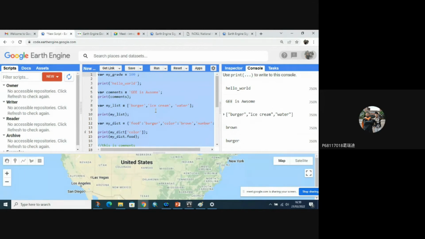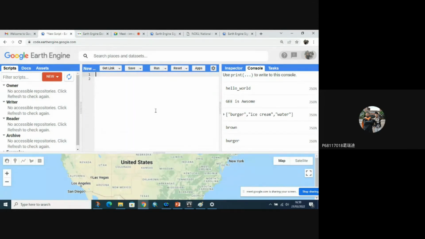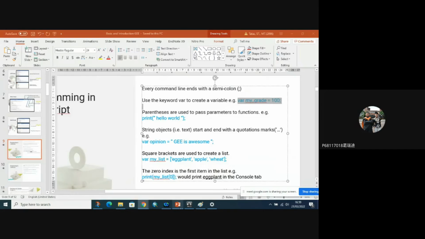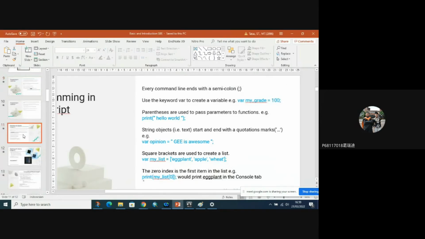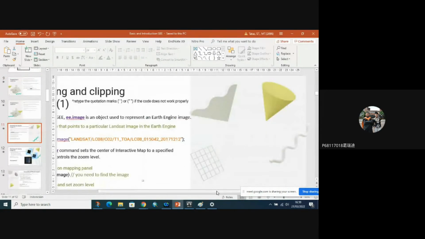Okay, for the next part, I want to show you how to display and clip an image. I will copy the code, each line, to all of you.